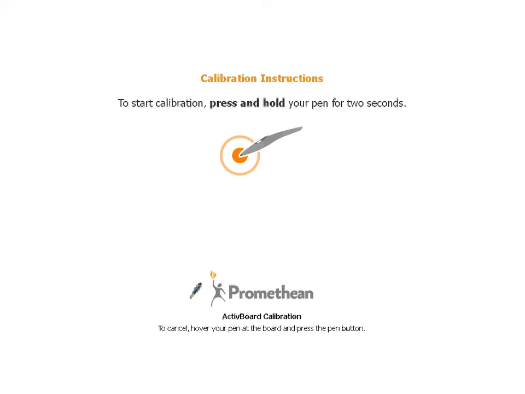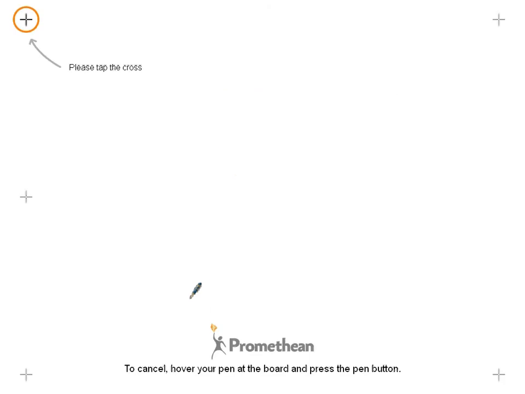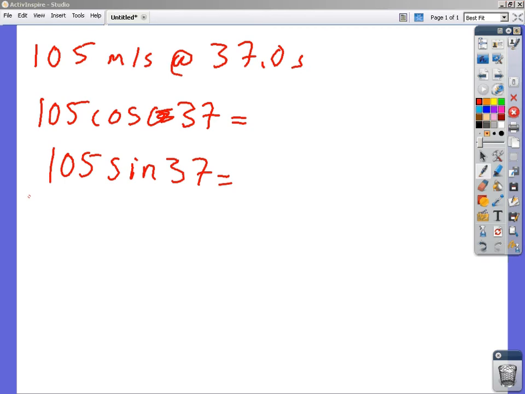Calibrate this thing. How fast is Sam's going? 105 at 37 degrees. All right. So when we do this, I just told you the answers. Well, I'm gonna double check. Oh, okay. 83.857, and then this one's gonna be